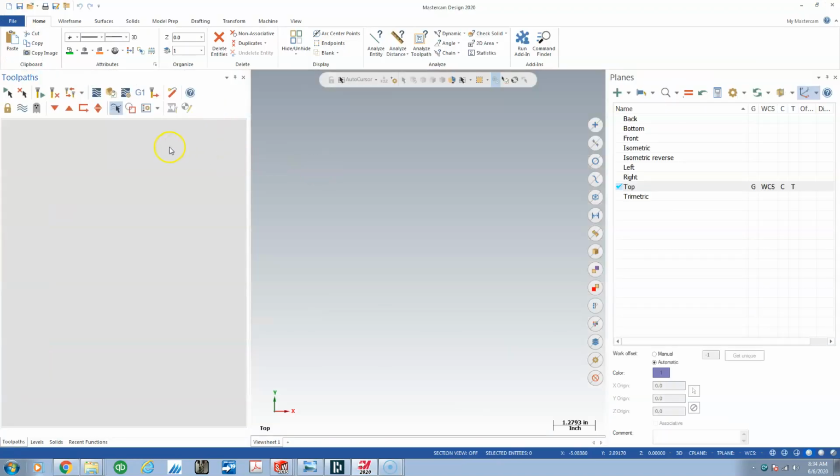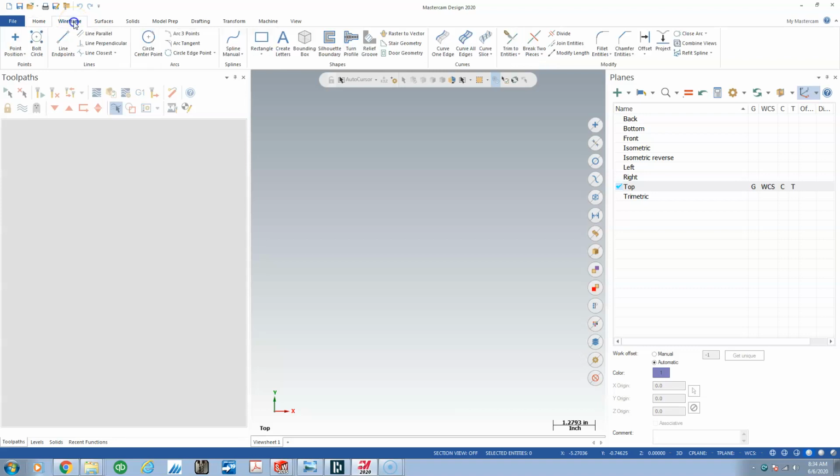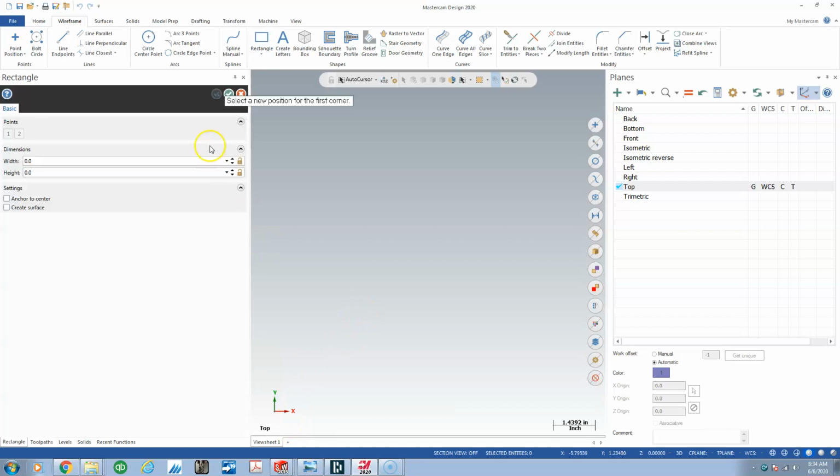Hey guys, I thought I'd have a demonstration of dynamic mill, and I figured might as well start from the beginning of the process. So we're gonna try to draw some geometry,